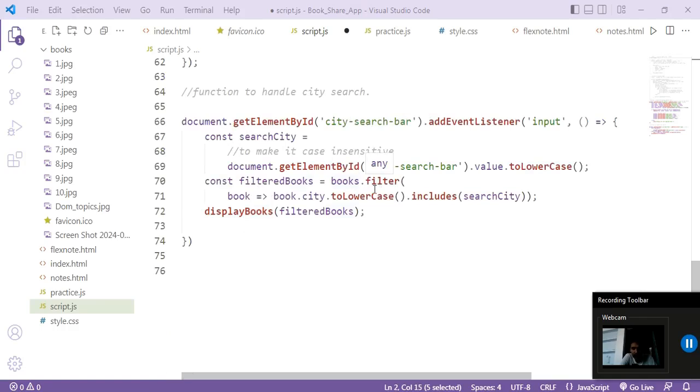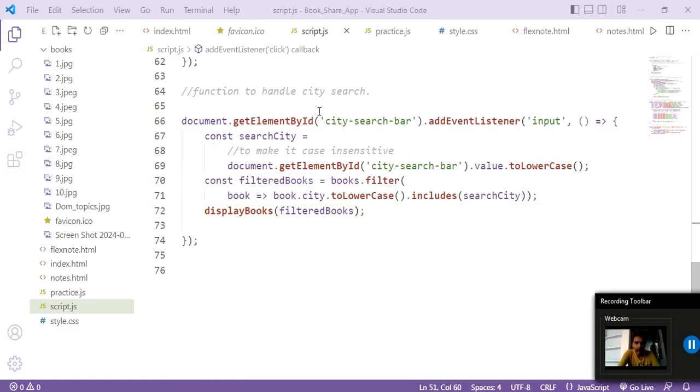So books array पे हम लोगों ने filter method का यूज किया. filter method कैसे वर्क करता है? It takes 3 parameters, so हमने केवल एक पैरामीटर पास किया है, that is a function. So this function is an arrow function, and what this function is doing is books array में जो भी book element का डेटा है we are taking it one by one, and उस book data में से we are taking the city, changing it to lower case. So we are searching if book.city to lower case includes our search city data, then we assign that data to the filtered books variable, and finally we pass that data to the display books function. So this will show the list of books by city.